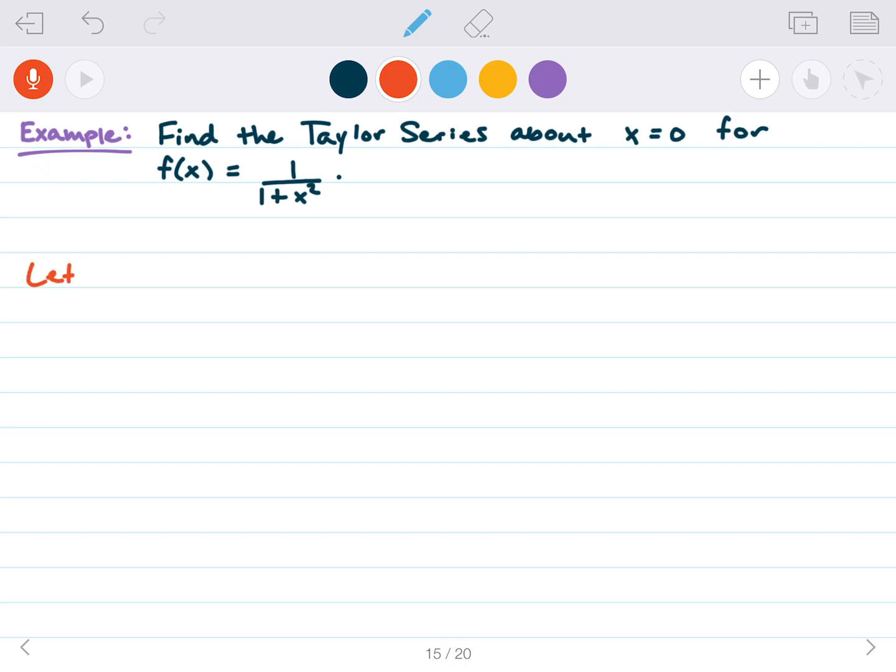We're going to let y equal x squared. And when we do that, this is going to equal 1 over 1 plus y. Now, writing this as a power, we have 1 plus y to the negative 1. Aha! Now we have 1 plus a variable to the p, with p being negative 1. So we want to use our 1 plus x to the p formula centered at x equals 0. And when we do that, we get this. We get 1 over 1 plus y, which is equal to 1 plus y to the negative 1, which is our p,